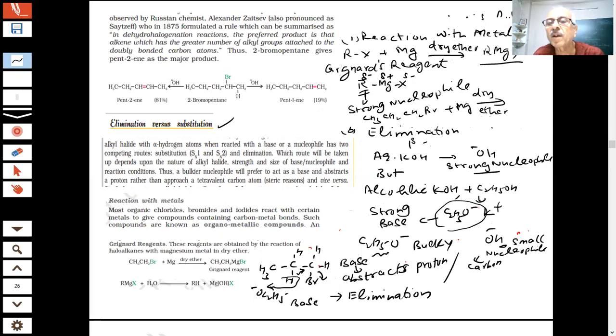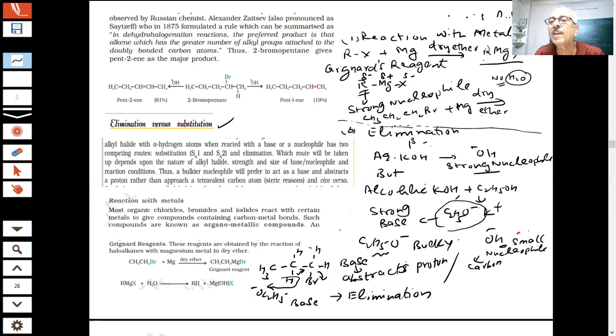What is the product here? We already know, students. CH3CH2CH2MgBr. Now the question, why dry ether is used? What is the meaning of dry ether? Dry means there is no water, no moisture. If water is present, what will happen, students? The Grignard reagent will react with water.